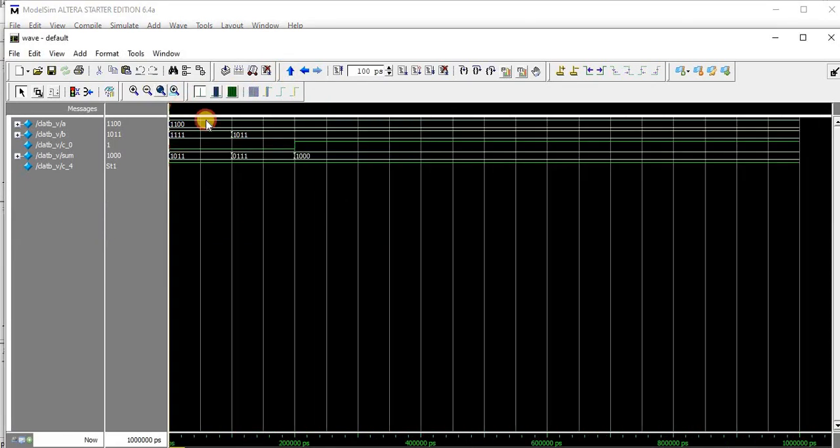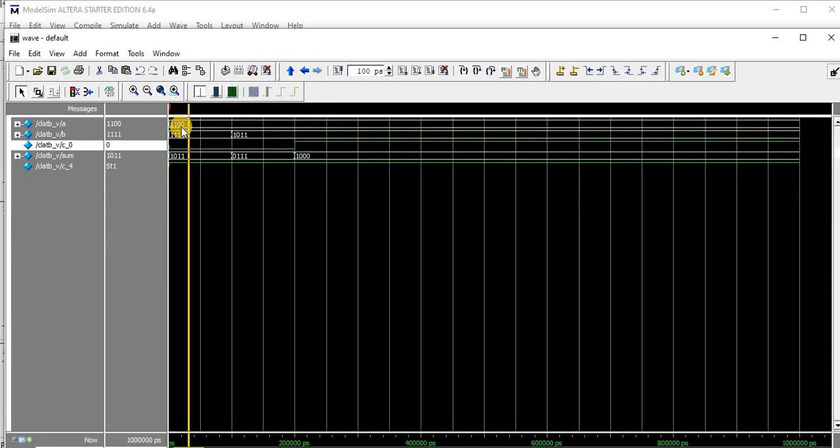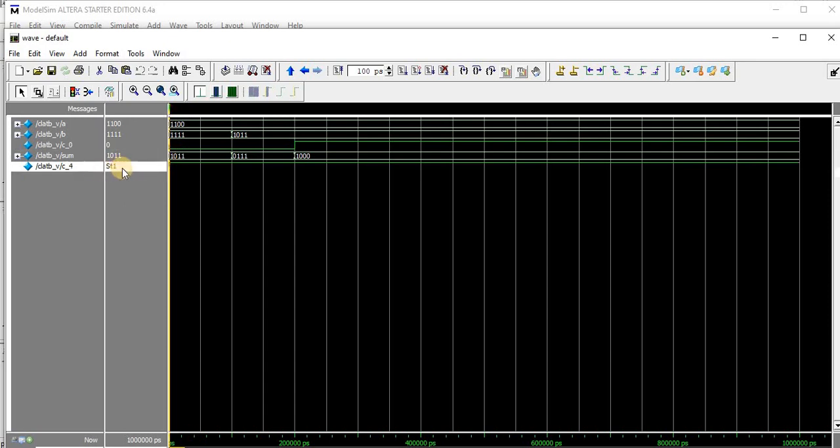Here you can see the first input is 1 1 0 0 and 4 ones I have given. So carry in is 0. So 0 1 is 1, 0 1 is 1, and 1 1 is sum 0, and carry is propagated to the next stage, so 1, and the 4th bit C of 4 is 1. For the second case the input is 1 0 1 1, 0 0 and 1 0 1 1, and C in is 0. So 0 1 sum is 1, 1 0 sum is 1, for 1 1 sum is 0 and carry is 1.